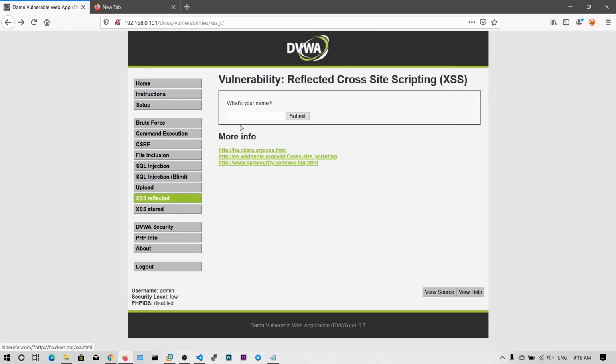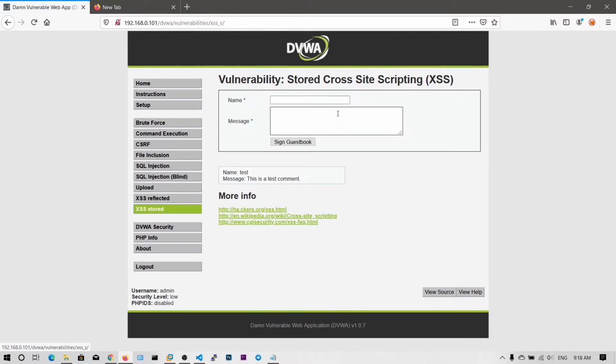Now you can also put the document.cookie to get the cookie, but I will show you the cookie stealing in the after next video. So now let's go and see the XSS store. Let me type Google, and now I'm going to copy this payload over here, which says window.location.href.